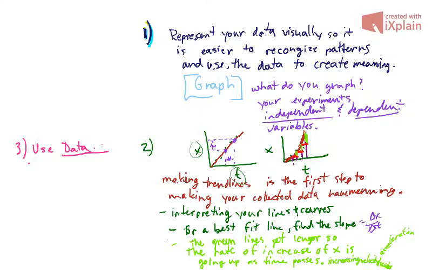Use data extracted from part 2. Any data you got from that. Maybe it's the slope. Maybe you read the graph in specific places and saw that it increased 2 meters the first second, and it increased 4 meters the second second, and it increased 6 meters the third second. Any kind of data extracted from part 2